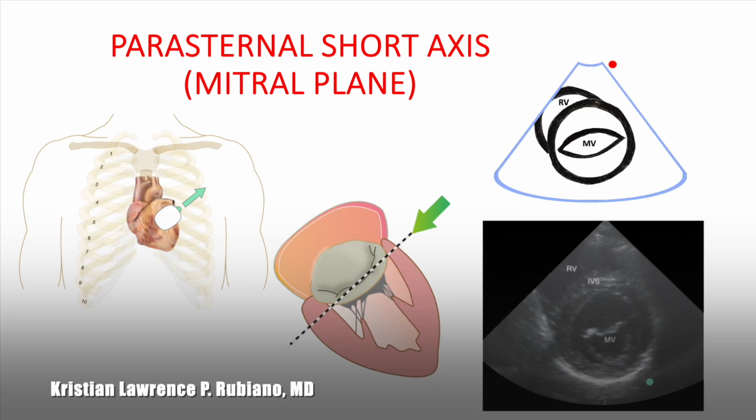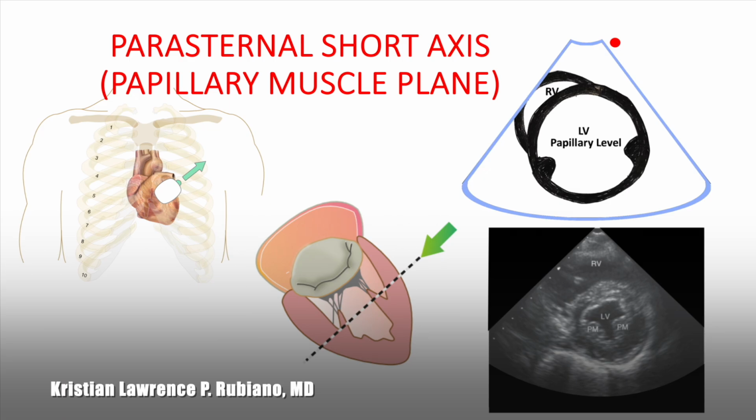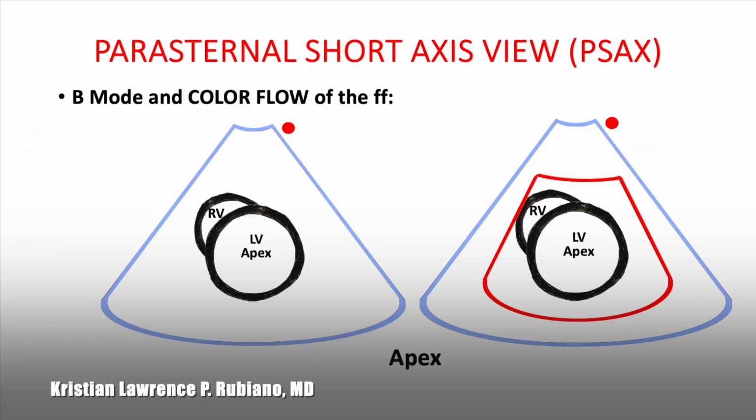After the aortic plane, we tilt the probe inferiorly, tail up, to evaluate the mitral plane, to evaluate turbulent flow and movement of the mitral valve leaflets, although not shown in this video. Then tilt further inferiorly, tail up, to show the papillary plane, to show any turbulence or even dropout in the interventricular septum, which could possibly be an inlet or a muscular type of VSD. Then further tilt to show the apical plane as well. After getting all the color flow,